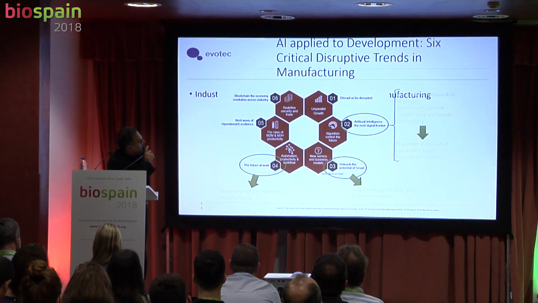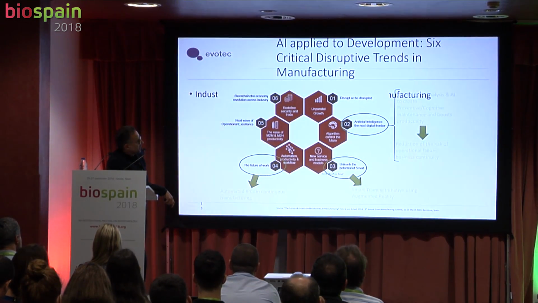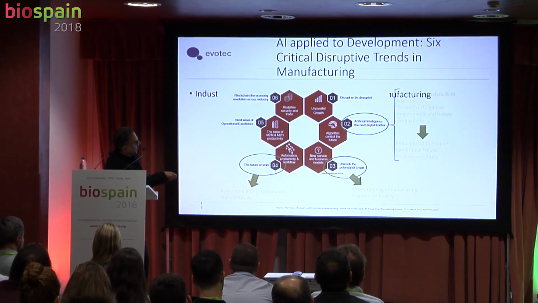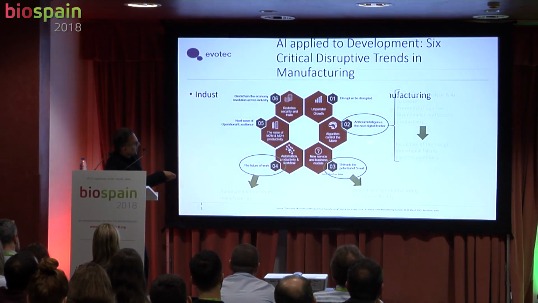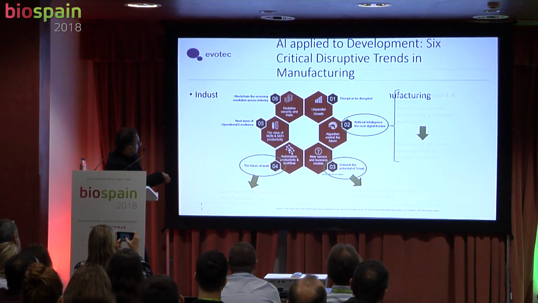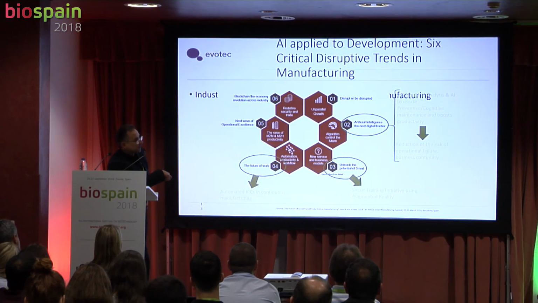That was drug discovery. In drug development, there are 6 critical disruptive trends in manufacturing, so you have them indicated here. So in Evotec, we are focusing on these ones: the artificial intelligence, smart manufacturing, and we also include automation in our processes. So regarding the artificial intelligence,